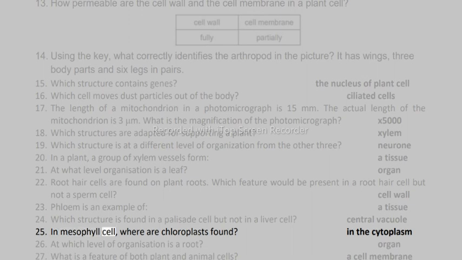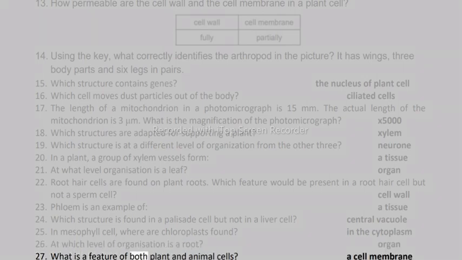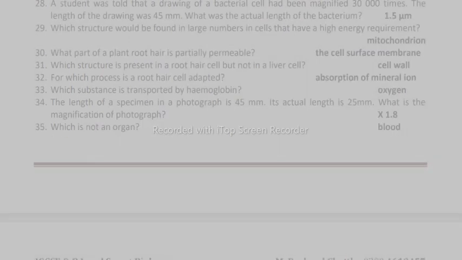25. In a mesophyll cell, where are chloroplasts found? In the cytoplasm. 26. At which level of organization is a root? Organ. 27. What is a feature of both plant and animal cells? A cell membrane. 28. A student was